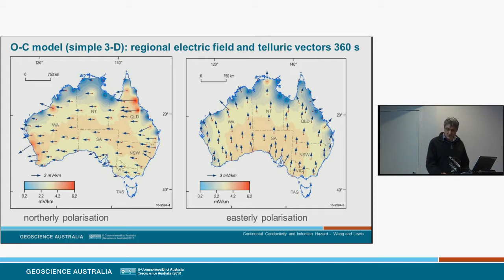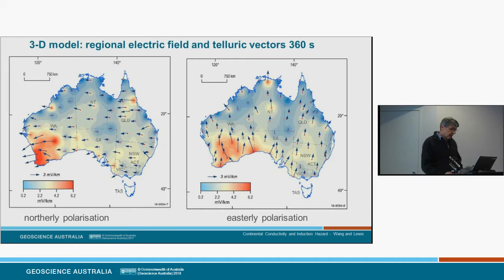And there's a significantly more interesting picture there, I think. So the centre of the continent looks much like the 1D response, but there are enhancements and distortions in the direction of the induced electric field caused by the ocean continent land effect around the edges of the ocean. So progressing that one step further,